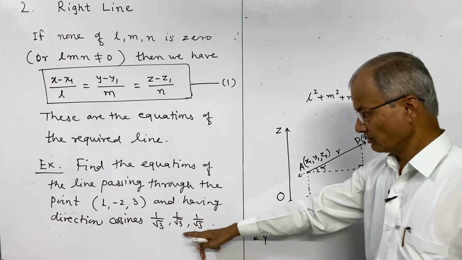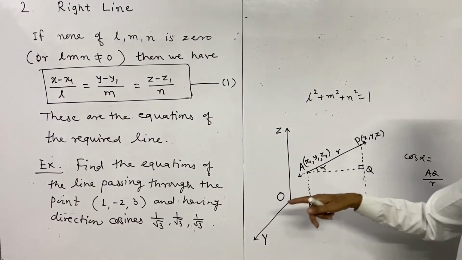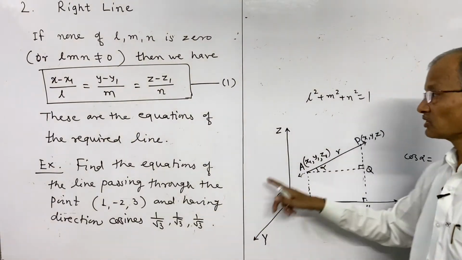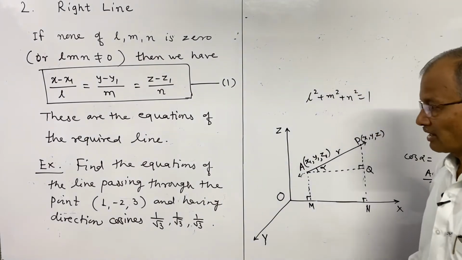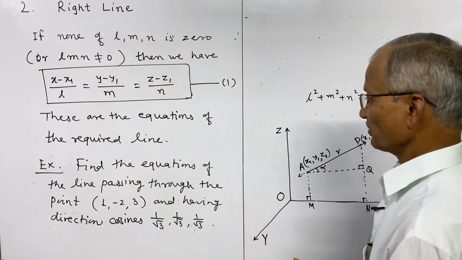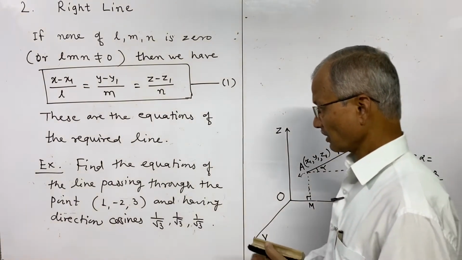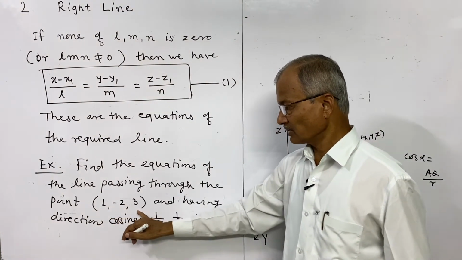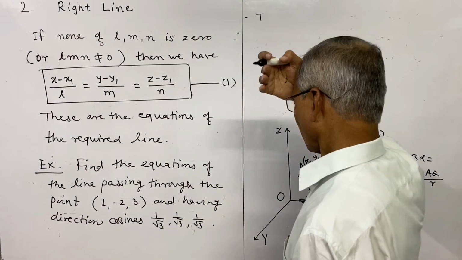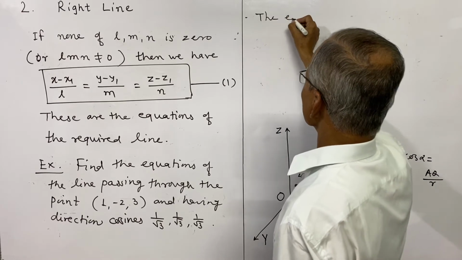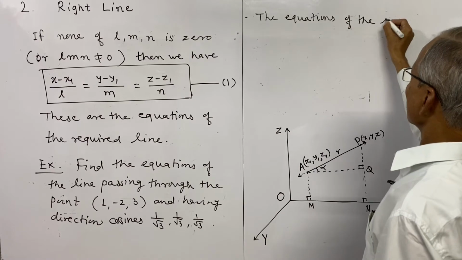These are the l, m, n values. The square of each is 1/3, and the sum of 1/3 plus 1/3 three times is 1. So this can be taken as direction cosines, and using this, what will be the equation of the line? If you consider this point as x1, y1, z1, the equations of the line are